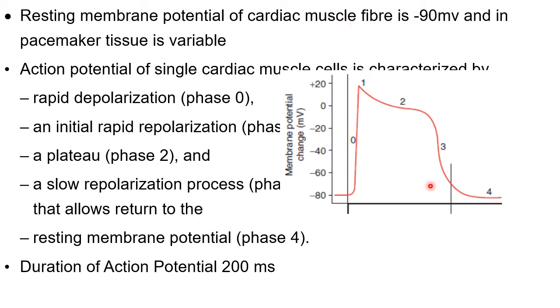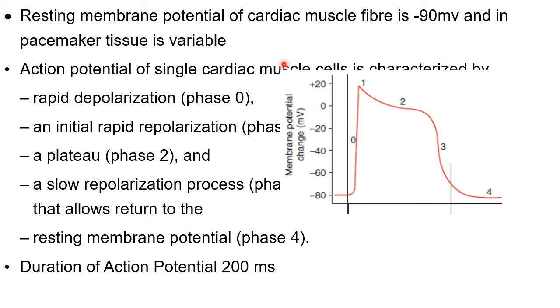Now moving on to the components of the cardiac muscle action potential. The cardiac myocyte has a resting membrane potential of -90, which also sometimes falls down to -85. But in conducting tissue and pacemaker, it is quite variable. That I will be discussing later.